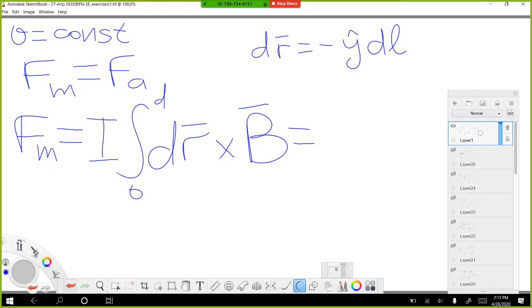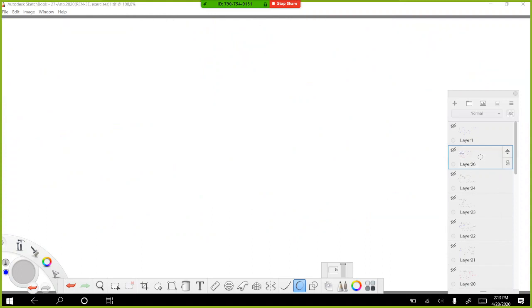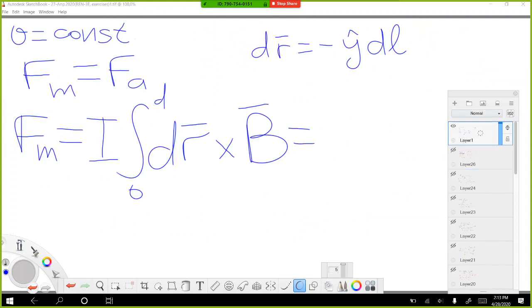It means the length vector of this bar is directed opposite from the y direction. Here is the direction of y. So dr equals minus y dl, and B, the magnetic flux density B,